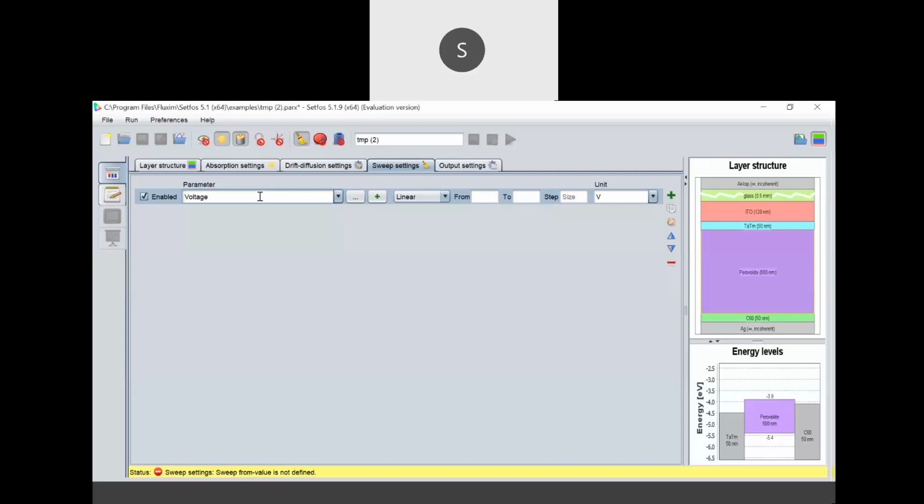Now this is voltage we are swapping here. Either you can specify the range of your biasing from a start value with a particular step size, or you can simply put the list, like from minus 0.4 to plus 0.9. From negative biasing to positive biasing, you can apply the voltage swapping, so that you can understand how to perform different swapping steps.